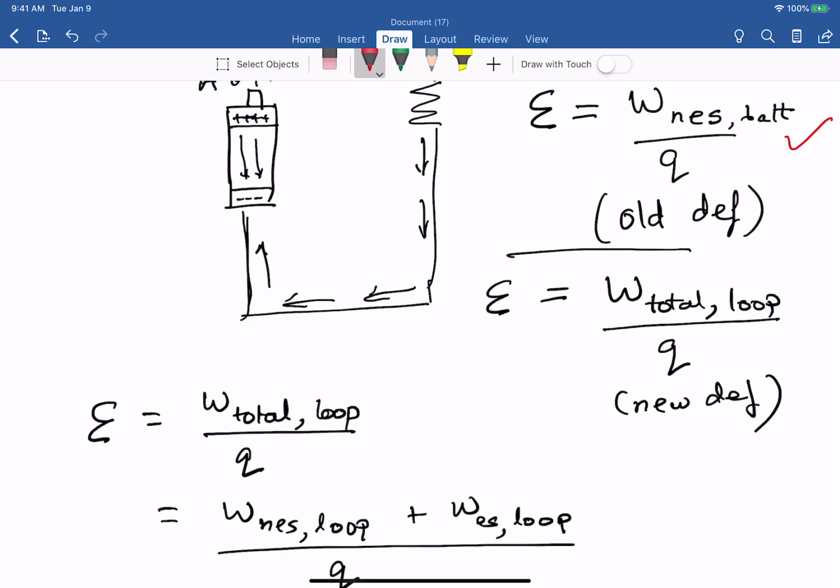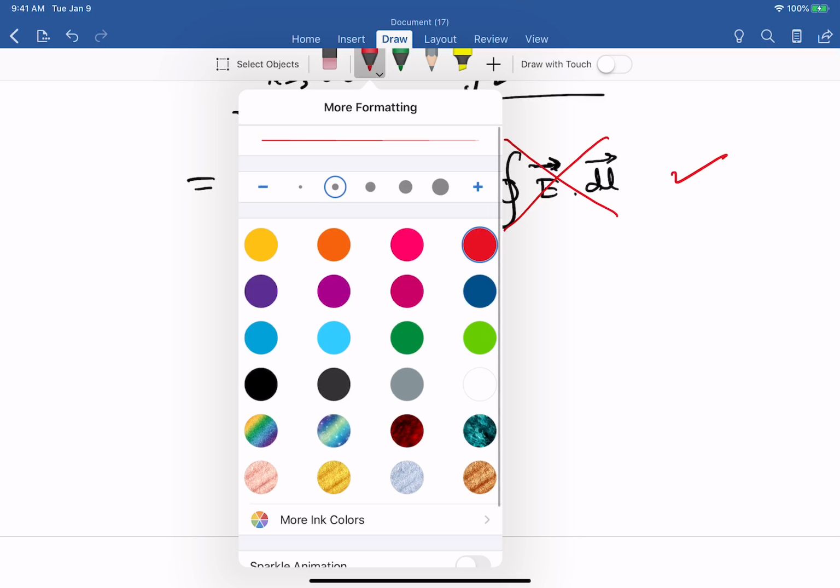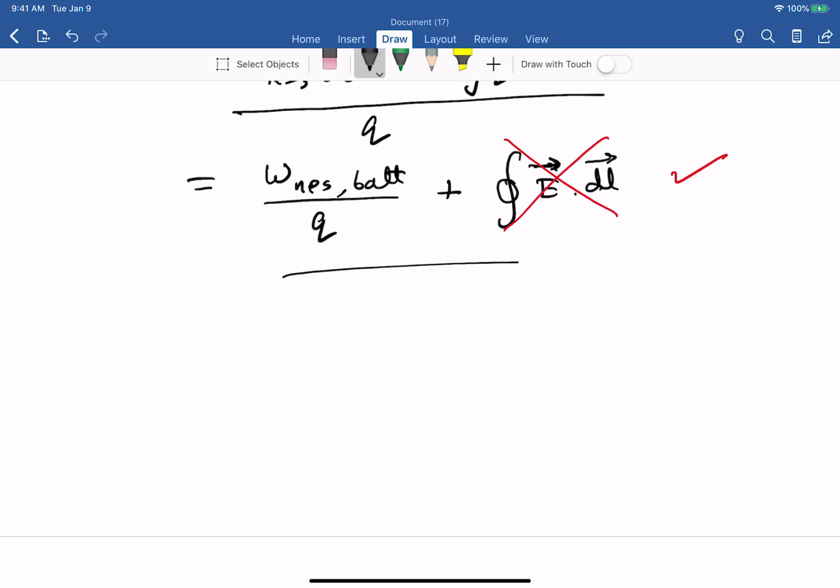All right, so that is all the review I wanted to do. There's just one other thing that I should also review. It's not on the PowerPoint, but I should quickly go over it now. Suppose you have a loop of wire and it's carrying a current, right? Obviously, there must be some battery or something, which I'm not drawing here, but just imagine that the current is moving in a circular loop. You know that this will produce a